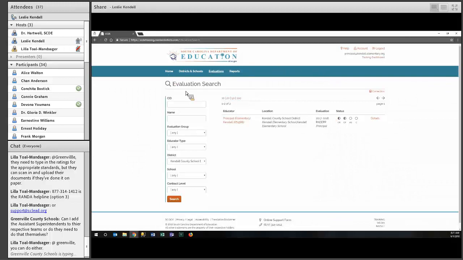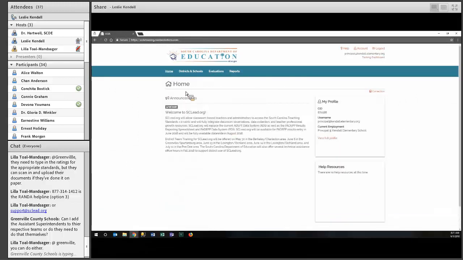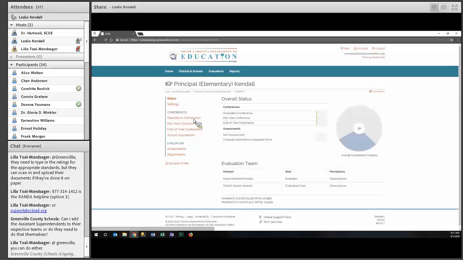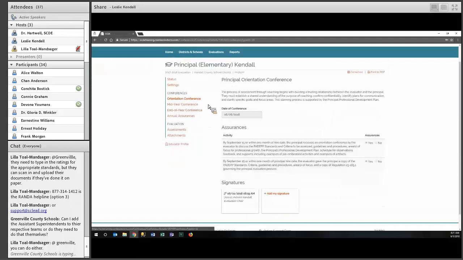Okay, so once the principal is logged in, they'll start at their home page. Their evaluation has already been created for them. You've done this as the evaluator. So they can click on evaluations and they'll see their evaluation record for this year. From here, they'll click details and they can now go in and enter his or her signature on these conference forms.